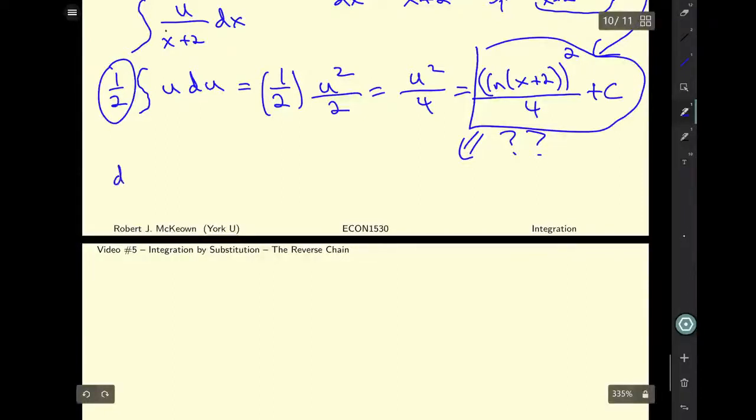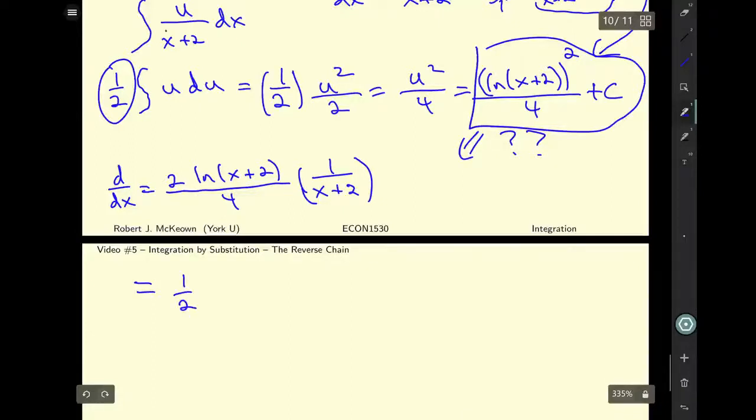And to do that, I'm going to take the derivative with respect to x, and I get 2 times the log of x plus 2 divided by 4 multiplied by 1 over x plus 2, and we get 1/2